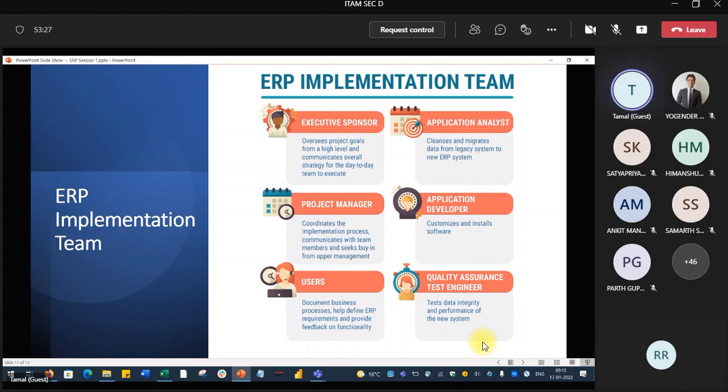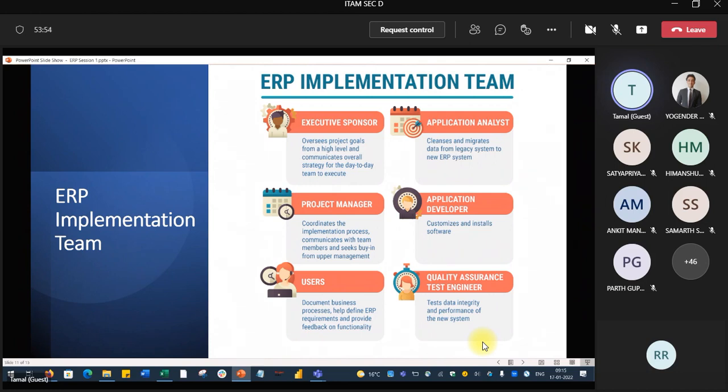Your role will be in the application analyst or project manager. Sometimes quality assurance may not be. If you have some domain knowledge like banking or supply chains, then this is the requirement for quality assurance test manager. He knows that domain, so he will be able to test the software.